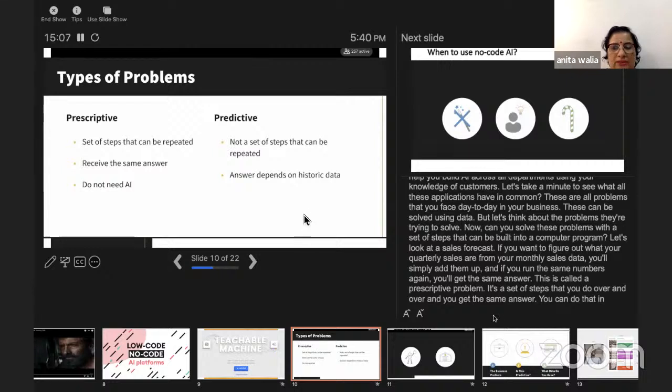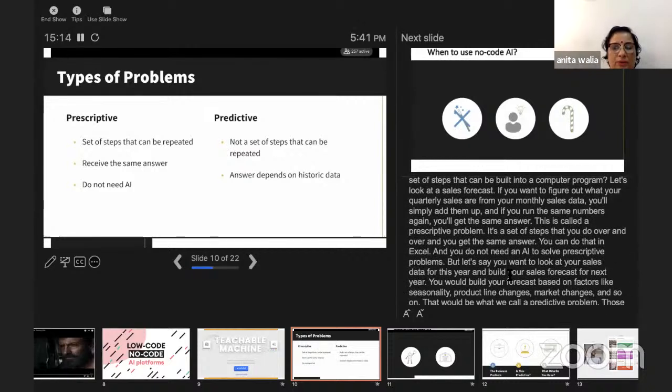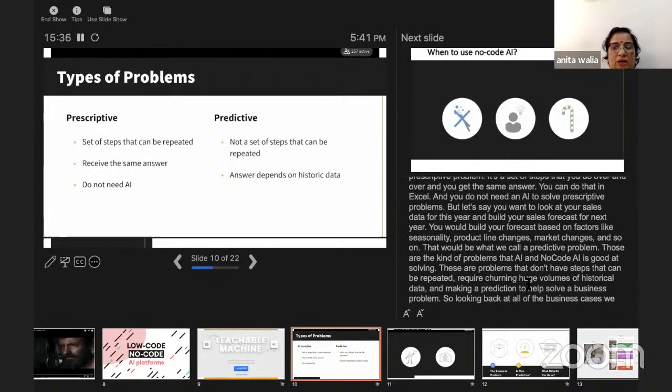So you need to basically use quarterly or monthly sales data for a certain number of years and solve a prescriptive problem. Prescriptive problems can be solved with structured and repeated steps, which are known. You know the answer, that this is the way this can be handled. So AI can solve prescriptive problems. You can also say that AI can also go to an extent, I'm talking about no code AI, can also take certain factors into consideration and build a forecasting model with the help of, for example, the